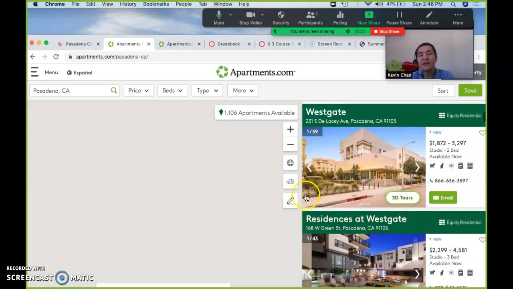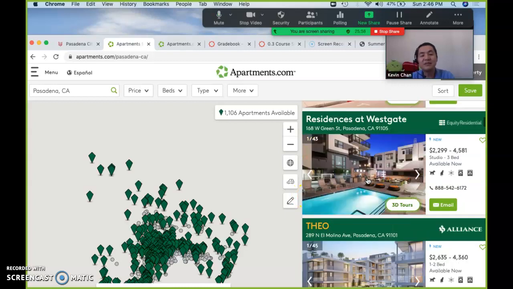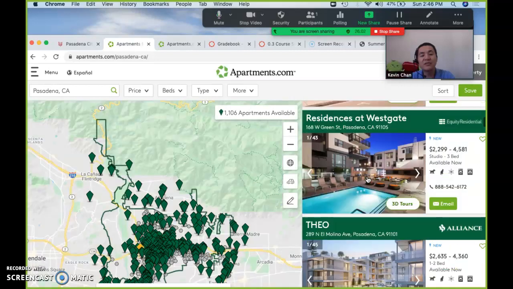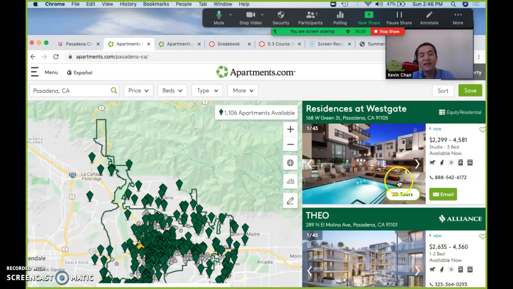It will go directly to a few of these. And at some of these, I see 3D tours. I like this one at Westgate, so I will click on 3D tours to find out more.